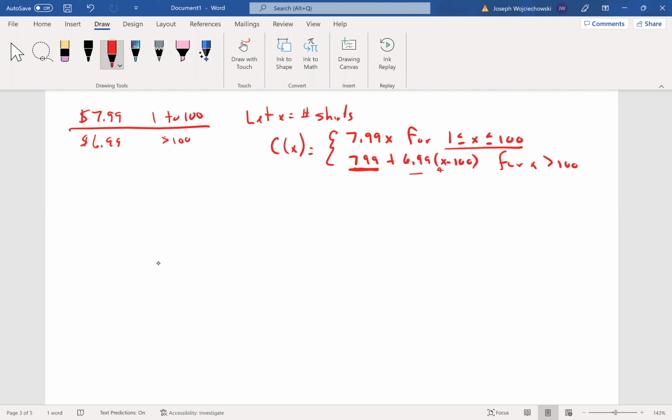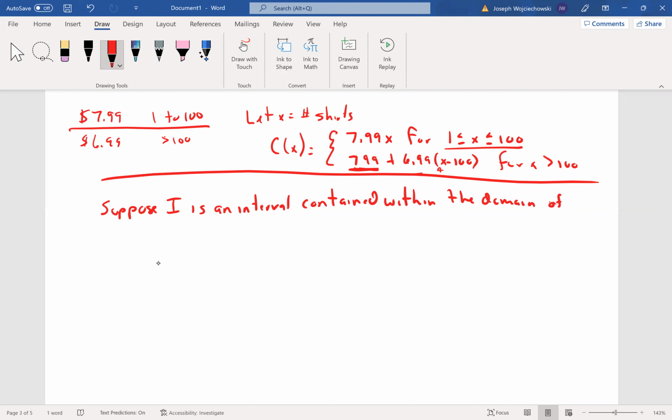So we start with: suppose I is an interval contained within the domain of F. So we're going to start with: F is increasing on I if